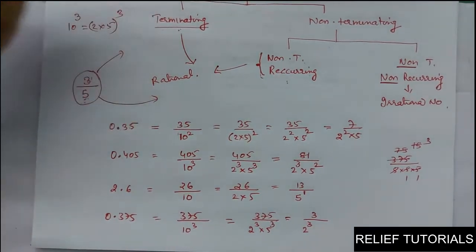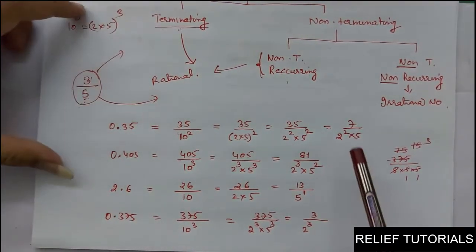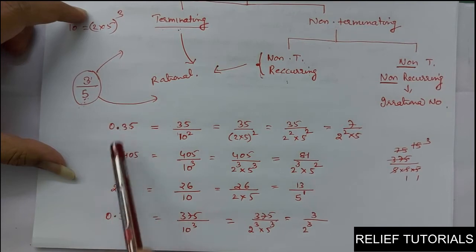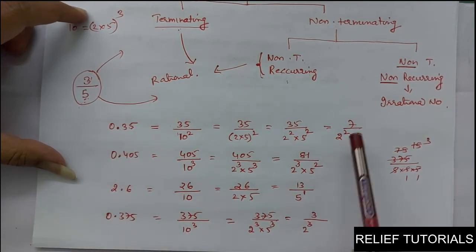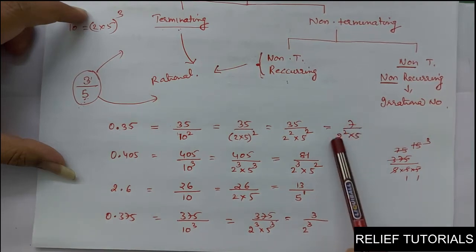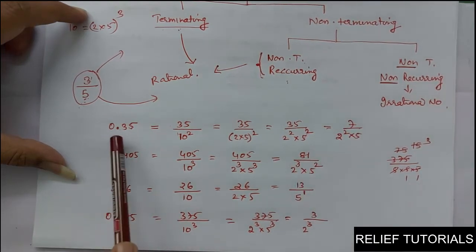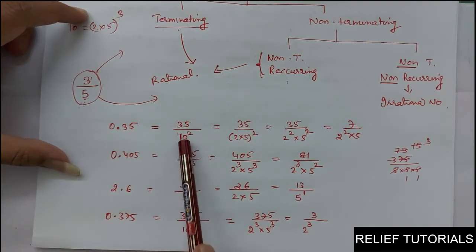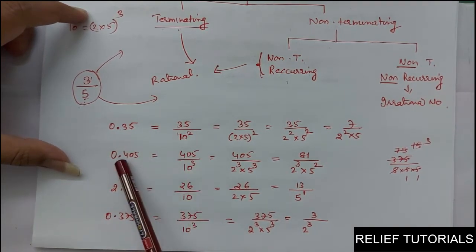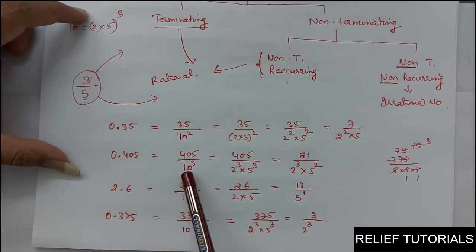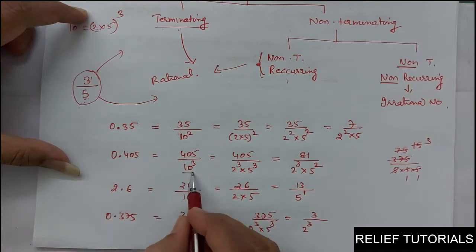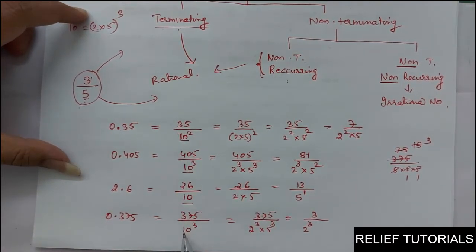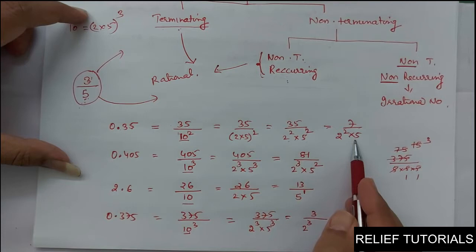Okay. You look at one pattern here. See, particularly if you note down the denominator, all these are terminating decimals and we have written them in P by Q form. You look at the denominator, it has one pattern. See, in order to convert this decimal, we always write a power of 10 here. 100 means 10 raised to 2. Here after the decimal there are 3 digits, so 1000 means 10 cube. Okay, so you can come to know that in each and every case here we have 10. So its factors are 2 and 5.